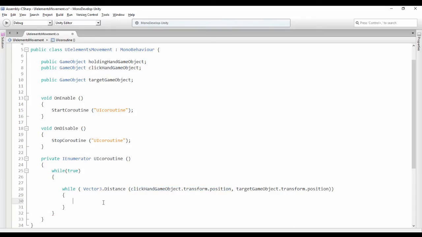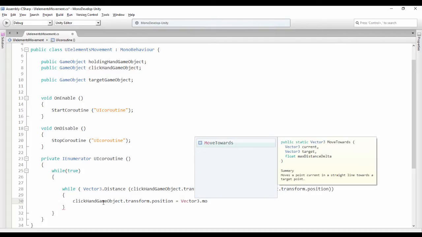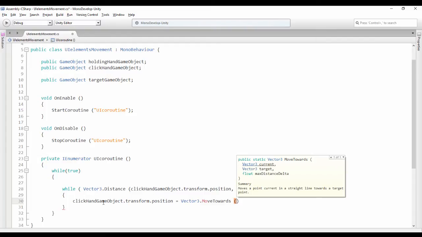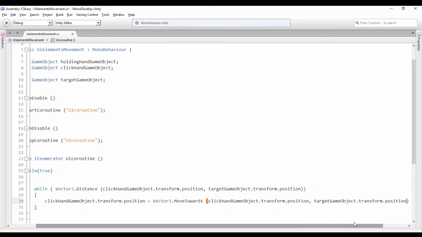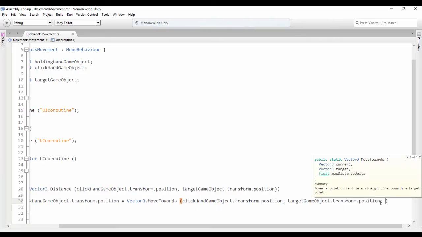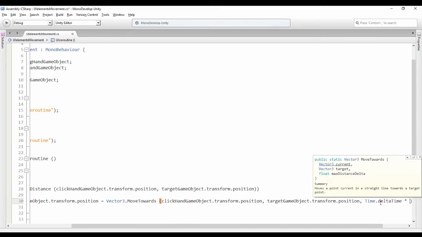So copy this. The click hand position is going to be equal to Vector3.MoveTowards, and we need the current position, the target position, and a float value for the speed. So the current position is going to be the position of the hand. So let's copy. Target position is the same target position, and the float value, let's use Time.deltaTime multiplied by a speed,